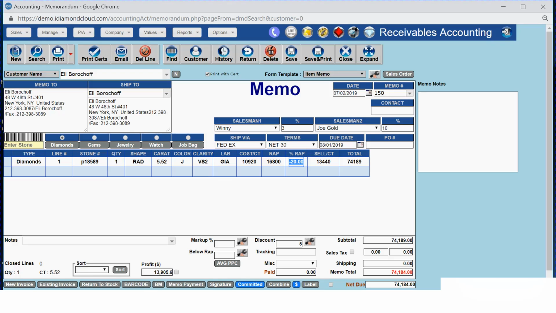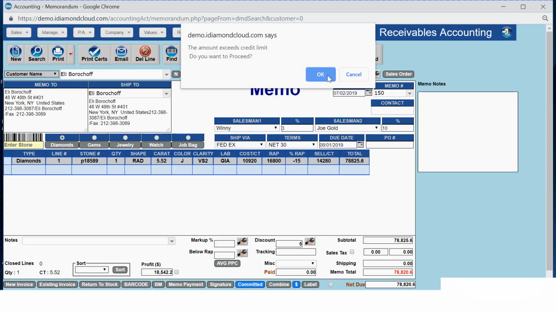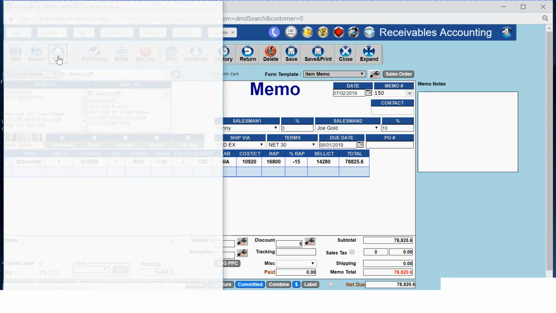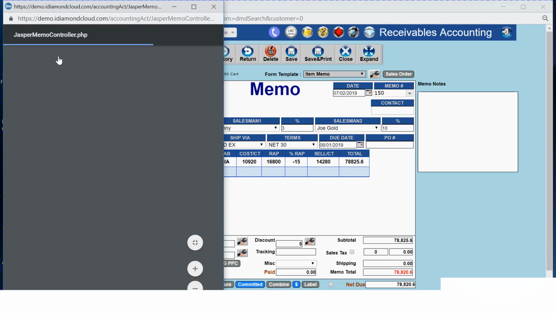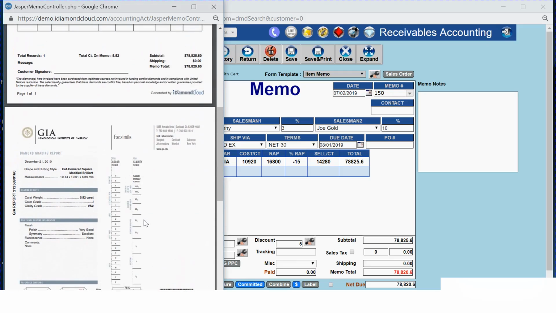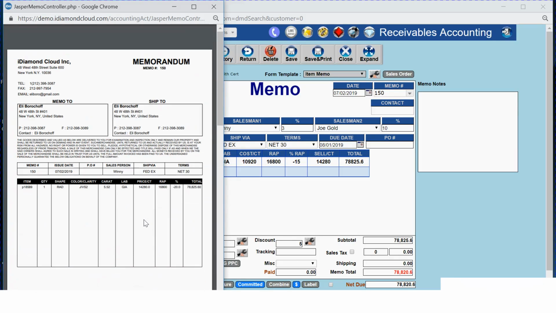billing it below cost. But let's say you want to send this for -15. When you click out, it'll do the math, and you will save it. Then Memo has been saved, and it can be printed here. From here, you will see that it prints also with the cert. If you wanted to send it, this happens to be a Memo that has 2 sides. But here's the Memo. We can also put your logo here. We can change the layout here if you like, and you can just print it here, as well as